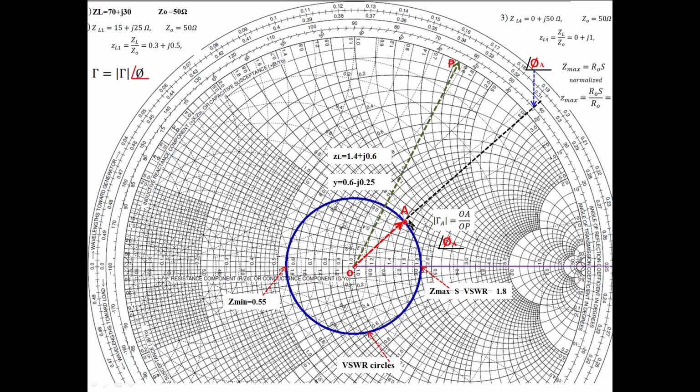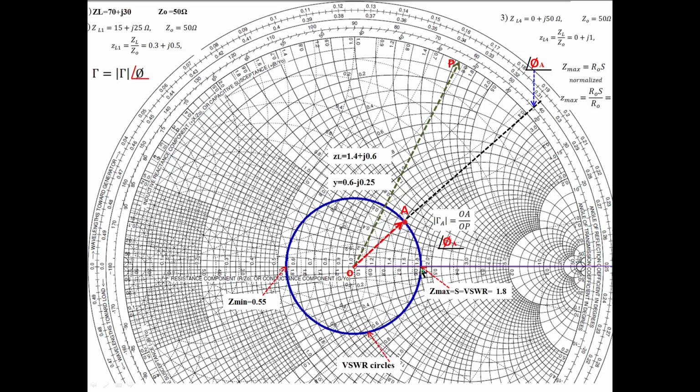So if you move like this, it cuts the horizontal line on the right side at some point. You stop here and read the impedance. The impedance value is the resistance value and the reactance value. Resistance value means you take the resistance circle value passing through this point. See which resistance circle is passing through this point. This is the resistance circle passing through the point, around 1.8. This circle value is 1.8, it is written. So the resistance value is 1.8.